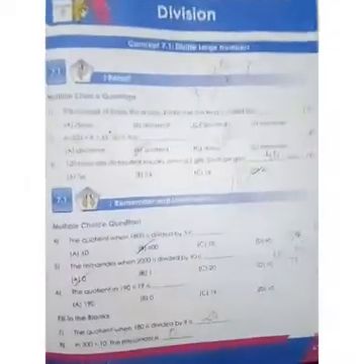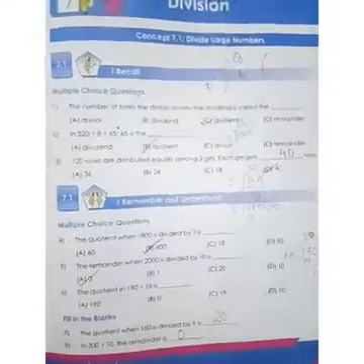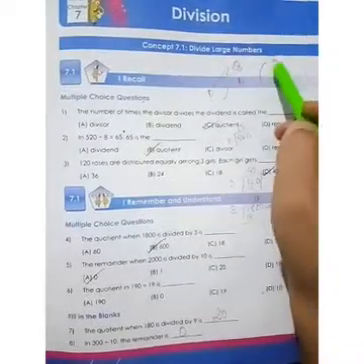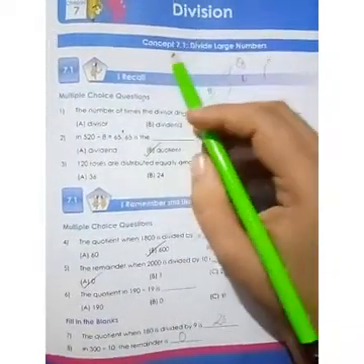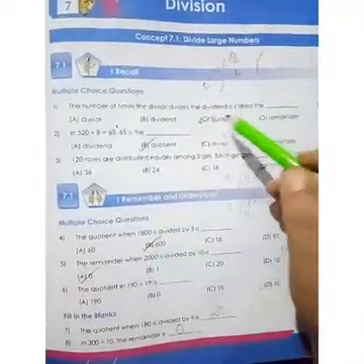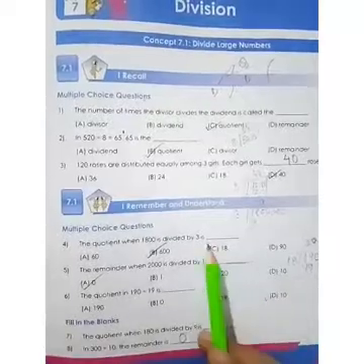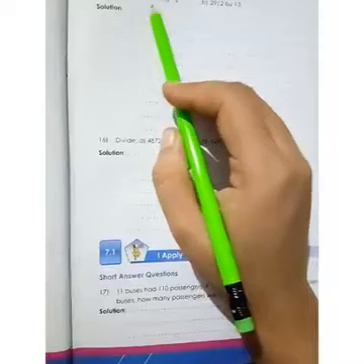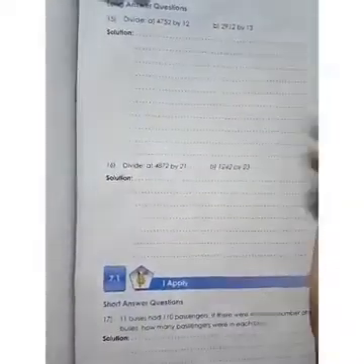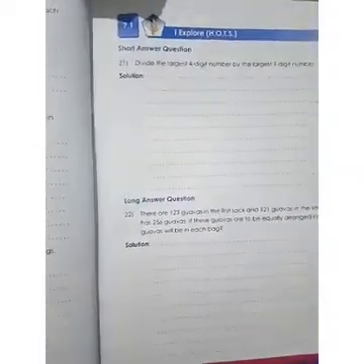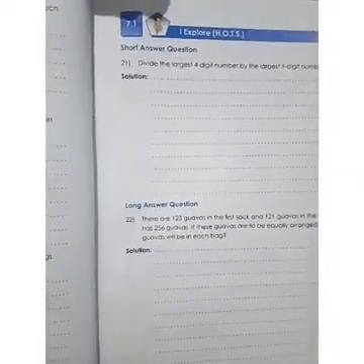Okay children, so this is the lesson for today. We have discussed the word problems in the drill time, and we have discussed the topic divide large numbers from the workbook concept 7.1. Here we have found the quotient and the remainder. We have divided by 1 digit numbers and by 2 digit numbers. Here we have to divide a 4 digit number by a 2 digit number. In the next class we will be discussing all these questions. Alright, so this is for today, and thank you and have a nice day.